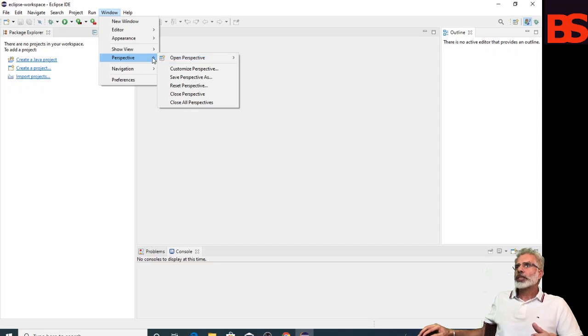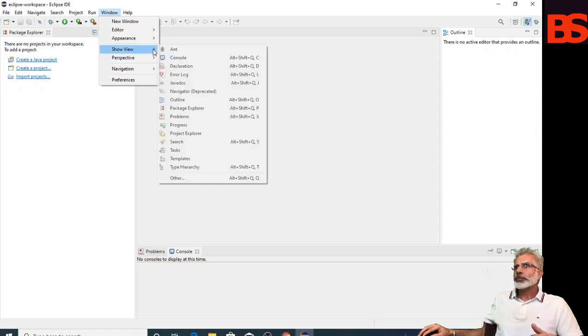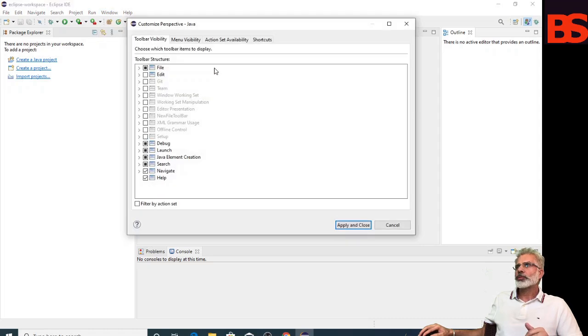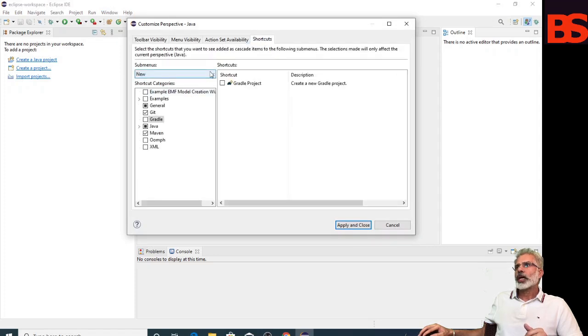Next one is you can show view, and in show view sub menu, you can see some lists of views. If you want to add or delete items in this list you can go to perspective and customize perspective, and then go to shortcut and then go to show view.